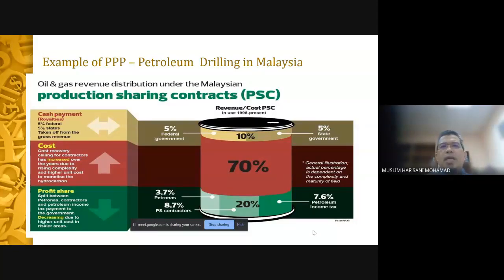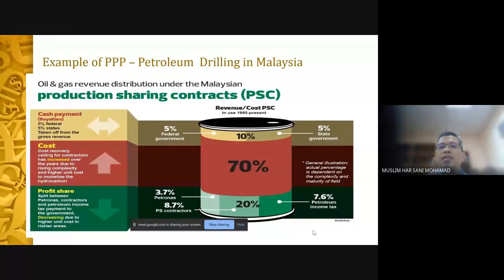So if you look at this, they have this mechanism, production sharing contracts. So the sharing of costs, profits, and royalties. Out of 100% of the revenue, 70% basically covers costs. 10% is because petroleum is a federal government asset. But in any case, there is a sharing of royalties. Sometimes the state government has a claim, because the petroleum is drilled in their respective state, like Terengganu and Sarawak, so they request for more share.